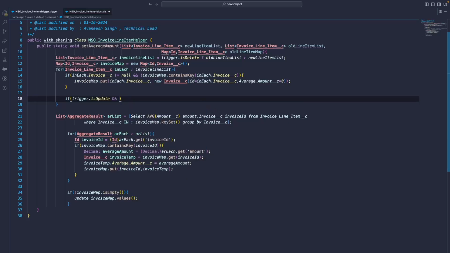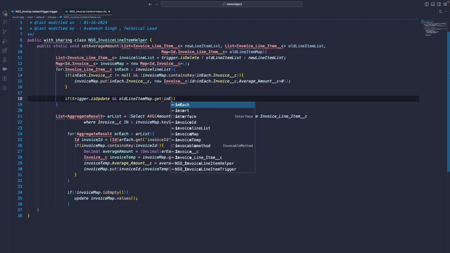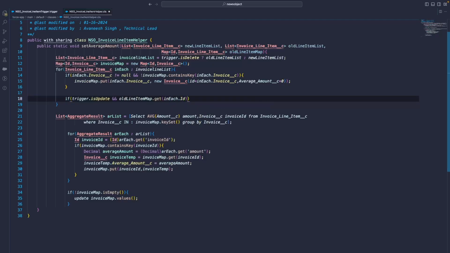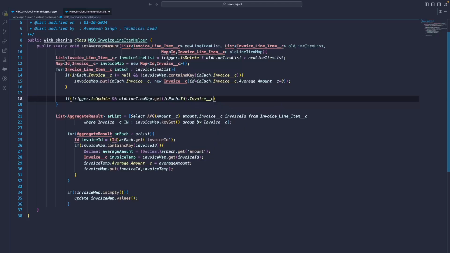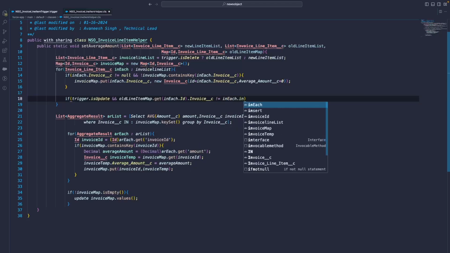So when you have changed your invoices, from your old map, you are getting your in each dot id and then your invoice and then your in each dot invoice